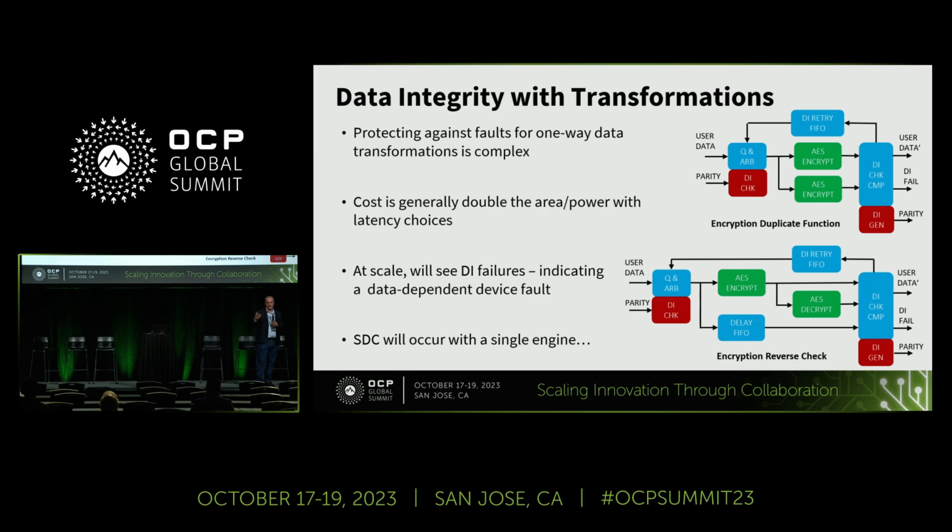So you either have to recheck that the encryption gives you back the right value, or you compare two engines. There are trade-offs between latency and power you can make. Around DDR, you can either read or write, so you can have two engines and share the time. But for a silent data corruption to happen in one engine,